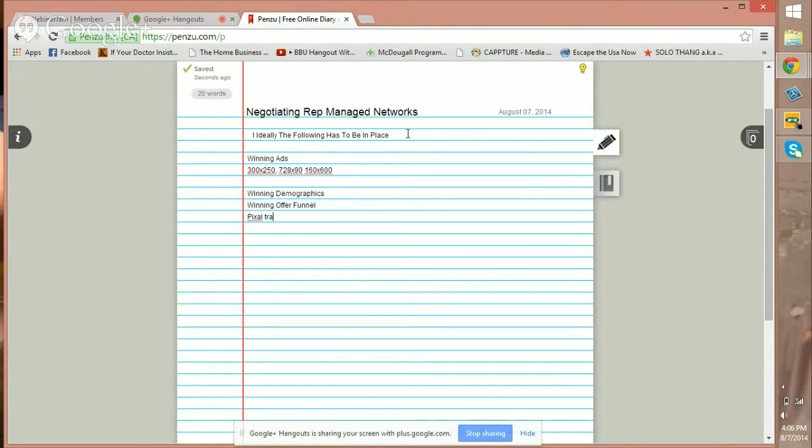Something which will tell you how well your advertising is doing, and it allows you to optimize whatever your pages are. This is very, very important. You need to have these things in place, right? A tracking pixel and optimization are extremely, extremely important, because now what you're going to be doing is